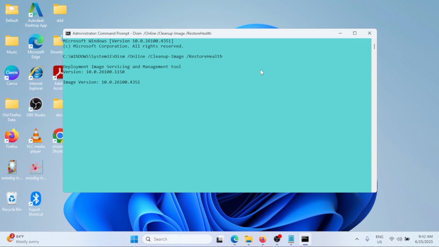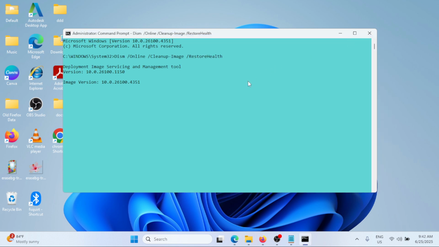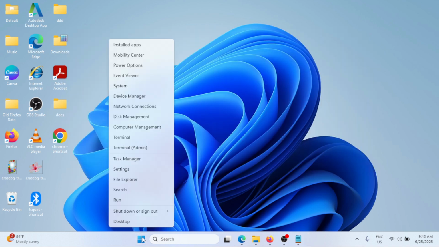And then once the DISM scan has been completed, it will take around 50 minutes, so patiently wait for the process to be done. And once this is done, copy the second command, which is the SFC command. Run the SFC scan after the DISM scan, and once the commands have been completed successfully, type exit in the command prompt window. Then again, right click at the start button, shut down or sign out, and restart.